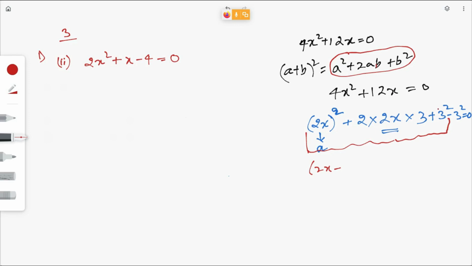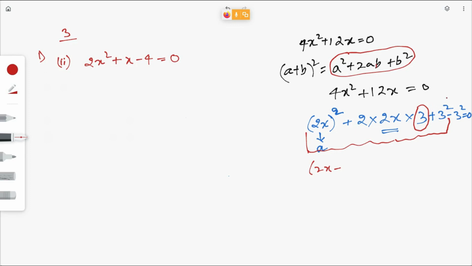And then because this 3 square is our extra term, you need to just remember these steps. Okay. First write this b here, whatever the b value, plus b square and then minus b square. Understood? Whatever value you get here, take square of this plus square of this minus square of that. Understood? Just follow the steps. A square plus 2ab, then you will get this b here plus b square and then minus b square. Understood?